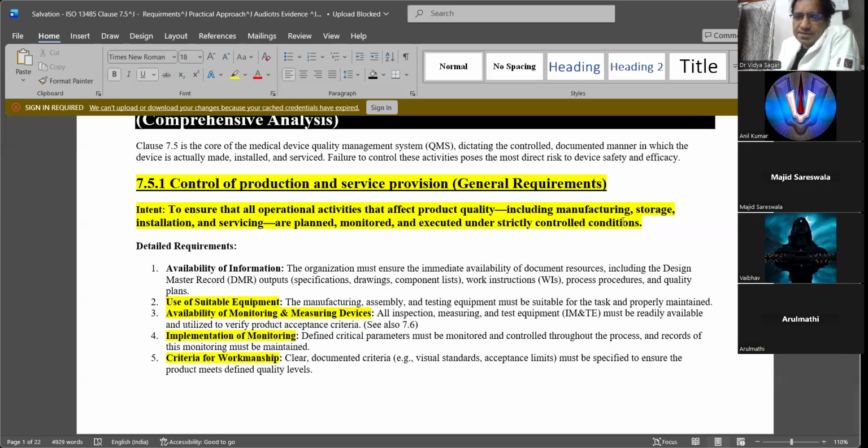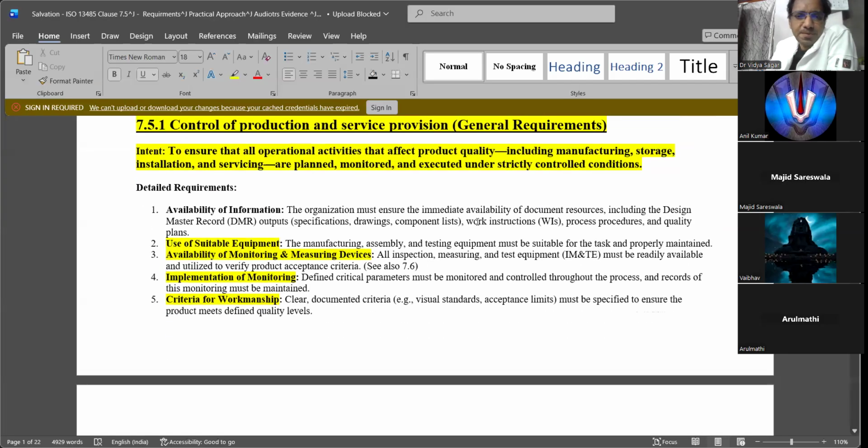How are you going to store it? Whether your device is properly installed, is it validated? Or the servicing activities with the maintenance. All this has to be planned, monitored, and executed properly, so that you'll get a good quality product with acceptable rejections.